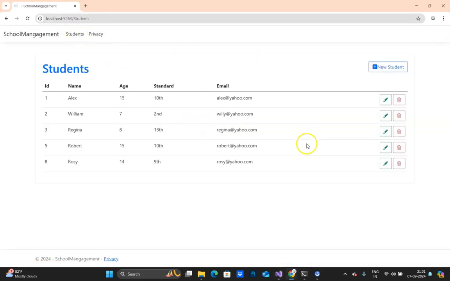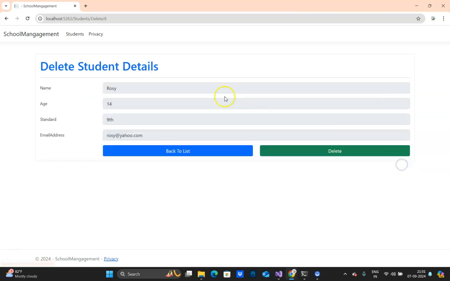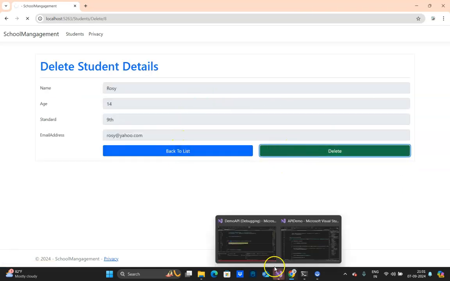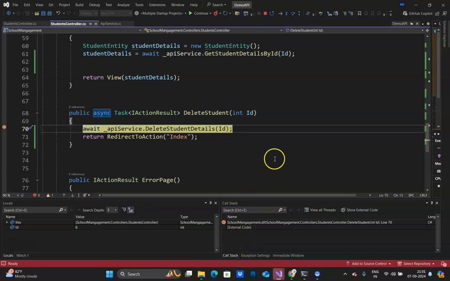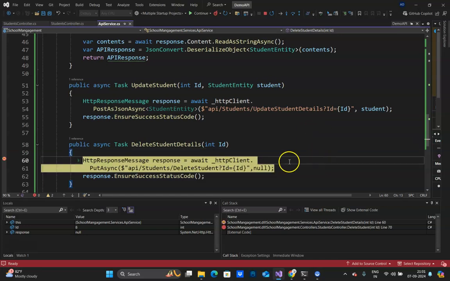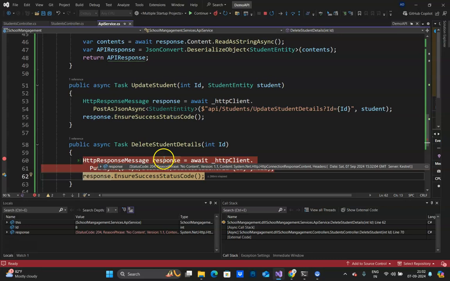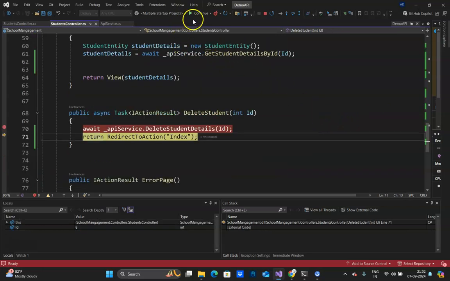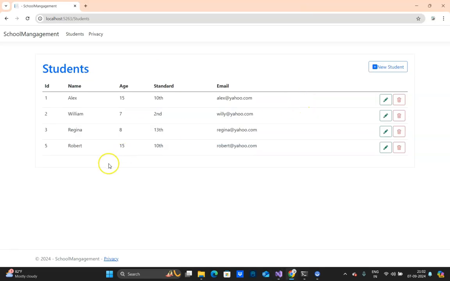Click on students, and here I'm going to delete Rosie. Click on that, it is displaying. Now click on delete button. So this method is getting called. I'll press F11 and the ID is 8. Now this is a URL put, because I've defined put in the web API, and I'm passing the ID, and it is supposed to be, yes, the response is 204. Okay, and you can see that Rosie is deleted from this record,